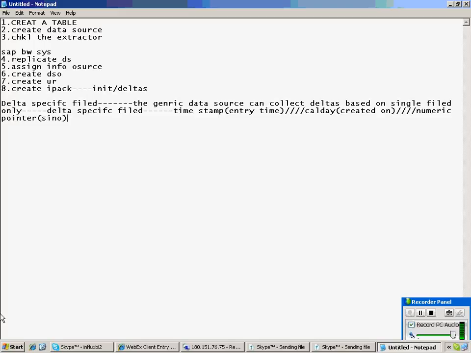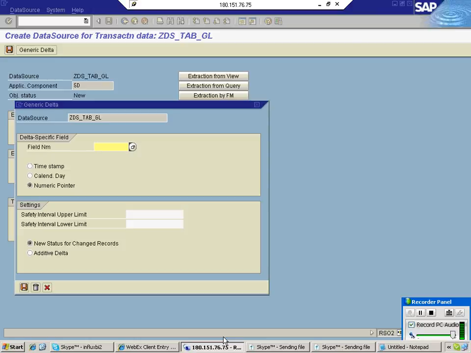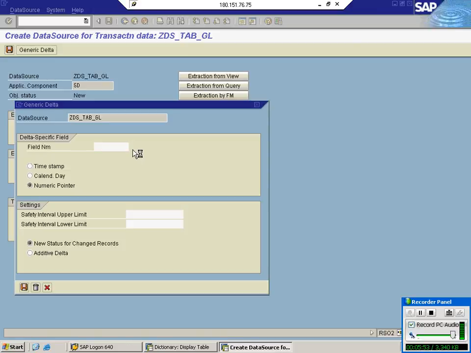First we have to run the initialization, then we have to collect the deltas. What is delta? Change since the last flow. So if you want to collect the deltas, the delta specific field is mandatory.